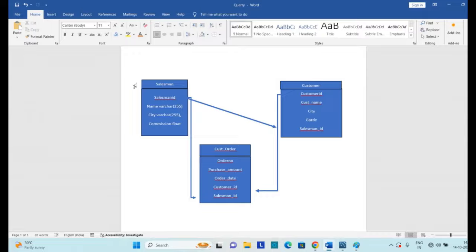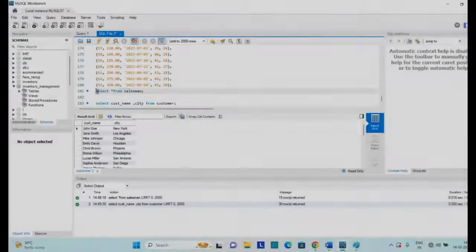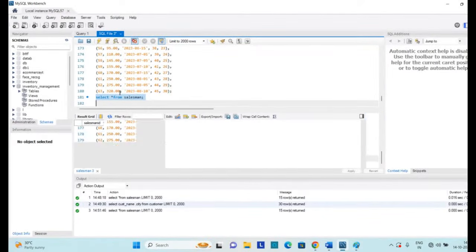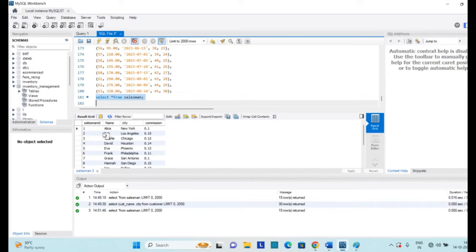Suppose I have a list here, and I find that salesman Alice is working in New York with a commission rate of 0.1. So I want to find all the salesmen who are working in New York city and their commission rate. For that I will write select